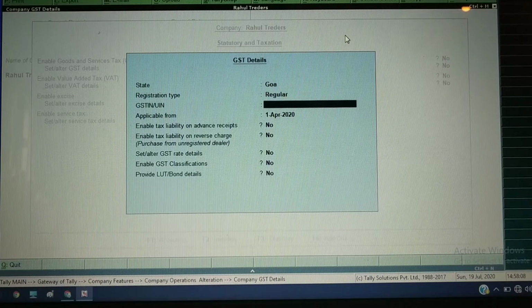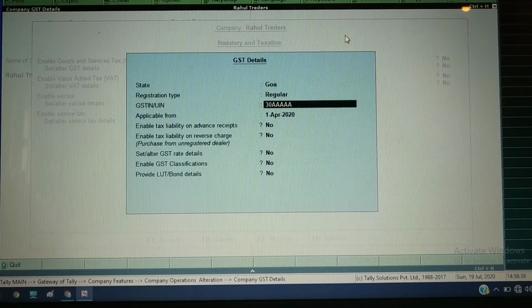And here we need to enter the state, GST and number for the company. So here the state code will be 30 for Goa. So I will take 30. And the next 10 characters will be the PAN number of a particular company or the owner of the organization. PAN number is alphanumeric, meaning it is a combination of alphabets and numbers.